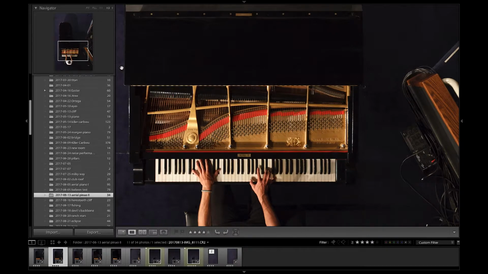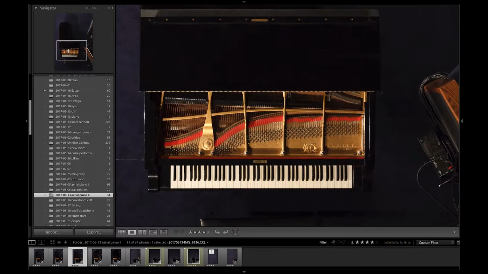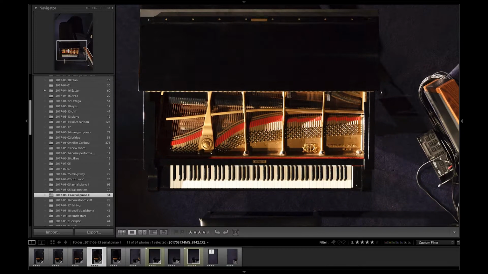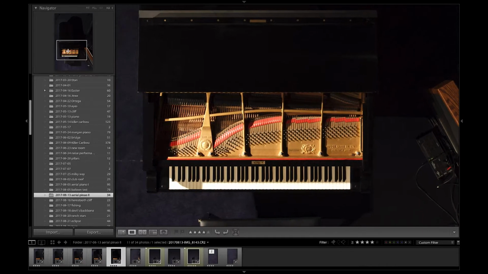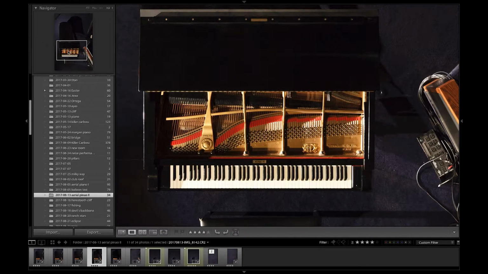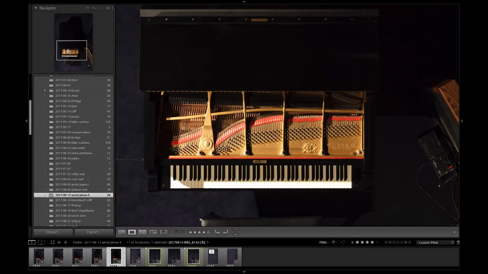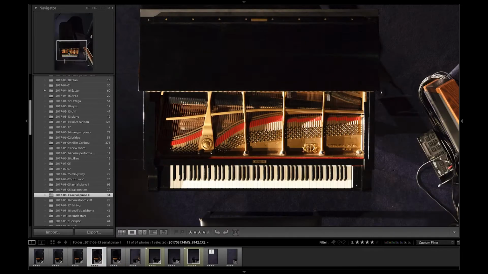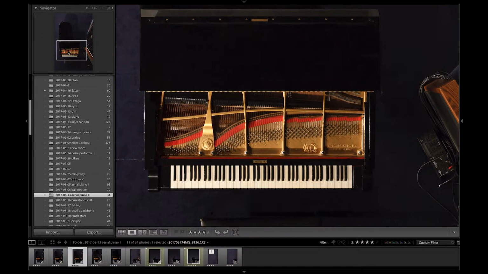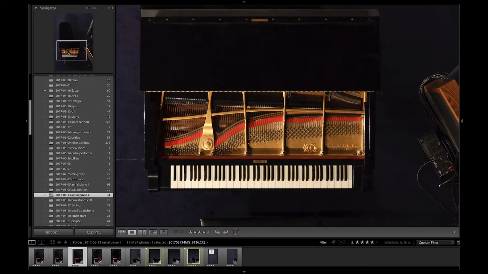Once I left the piano, we experimented with different lighting situations, cycling through them, with some harsh lighting showing shadows and highlights, and some flat lighting showing the piano plate. And so I used a combination of these three images. Also looking at the keys too, I wanted to make sure that I got a nice flat lighting on